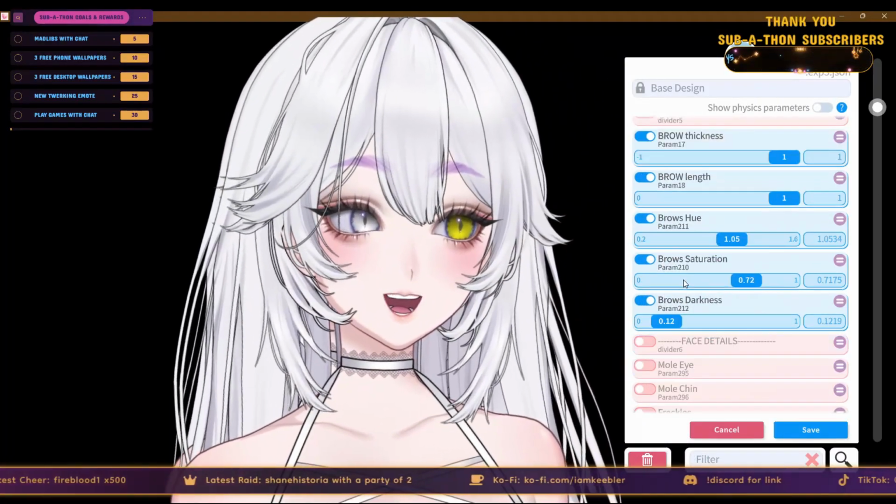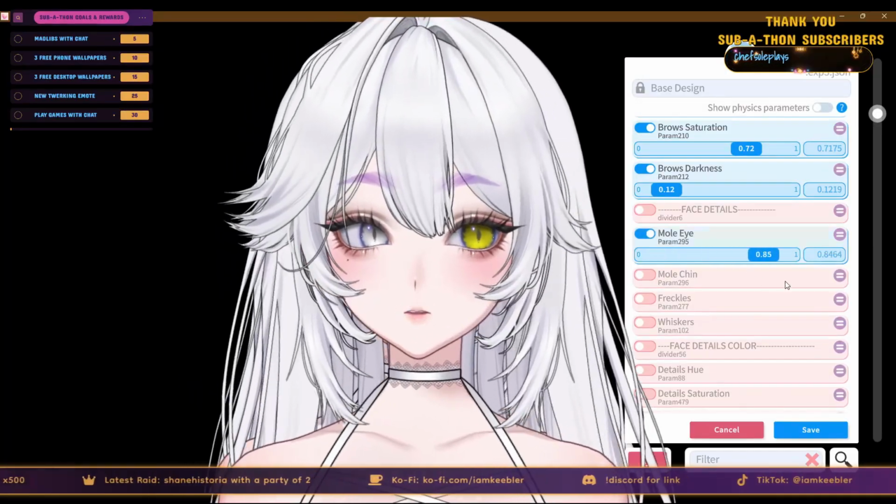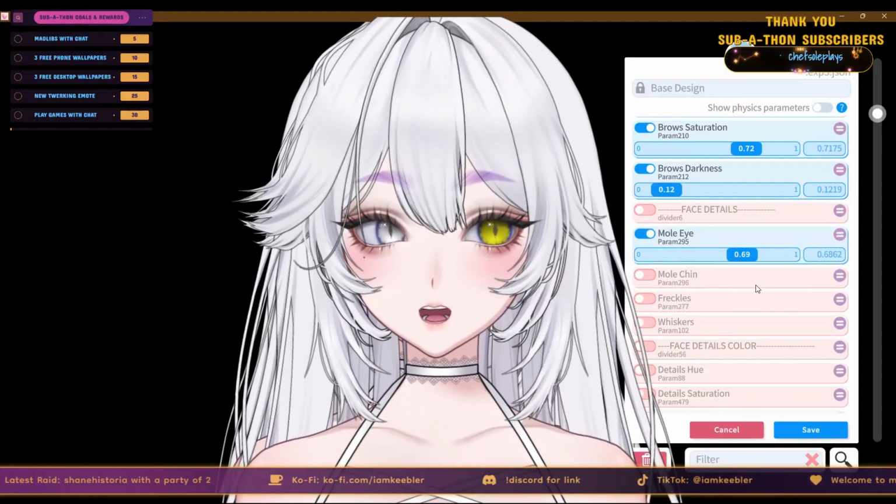Let's see. And then we have face details. So we've got little things like you can put a mole by your eye on either side there, which I